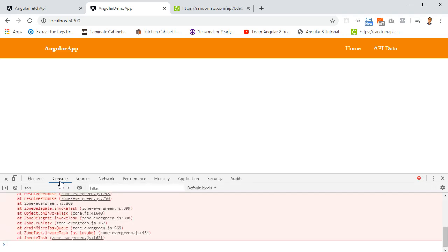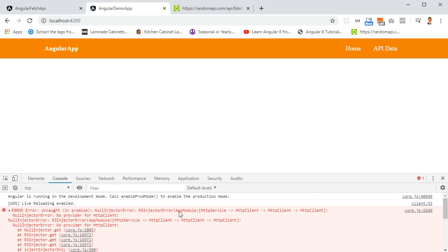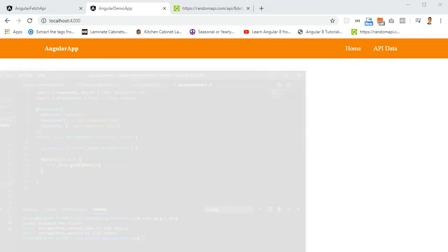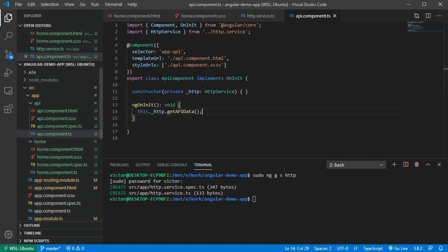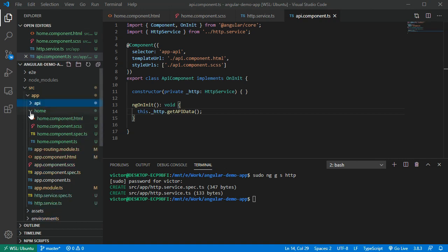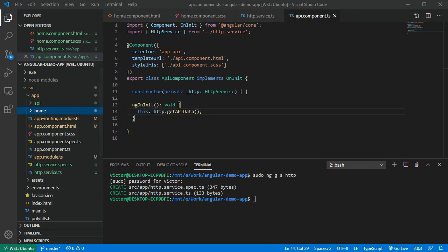Okay, if we click on view API data, in our console we have an error, and this error is because we didn't call this component in our app component, so this needs to be called in the app component as well. So let's go back to our app. Let's close this one, let's close this one, and where we have app component,